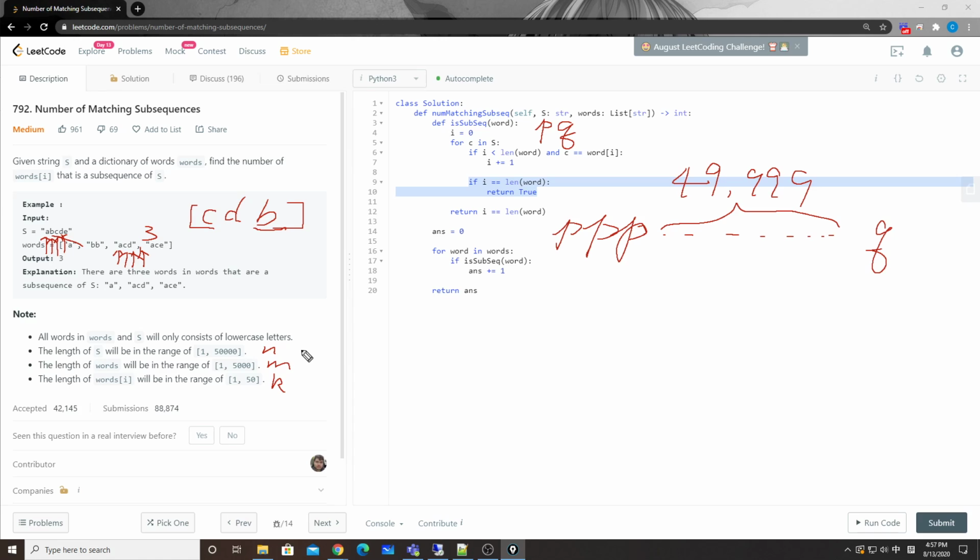Yeah. So it's going to be n times m times k, which will be a lot. That's going to be a TLE in this case. So do we have a better option, right? The answer is always yes. And the way we can have a better solution is we can maintain